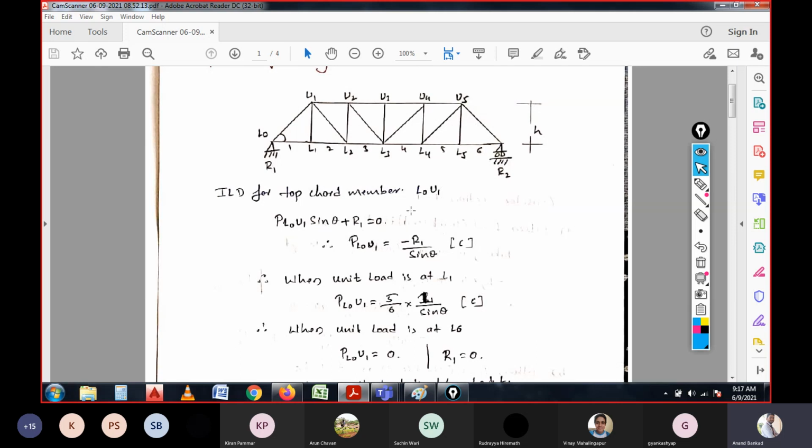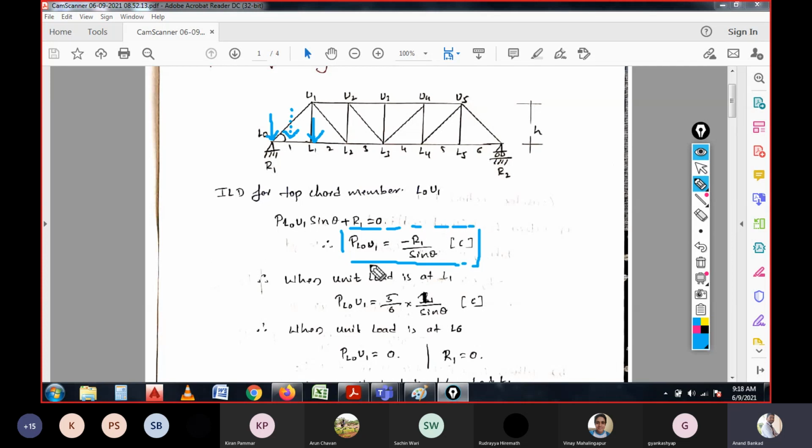when you consider this one, the load is moving. Since the load is moving, the load may be considered at any one point, say the load is at L0, that means the load is acting at this L0, or the load is acting at L1, like that. The load may be acting at any point, or anywhere in the span between L0 and L1. So like that, if the load may be expected at any position in the span, what would be the equation? So this equation will be altered with